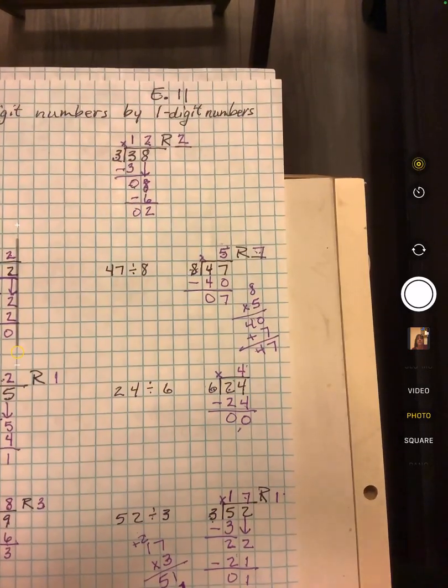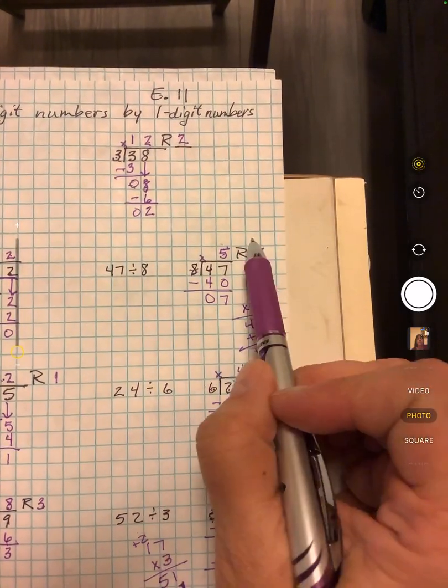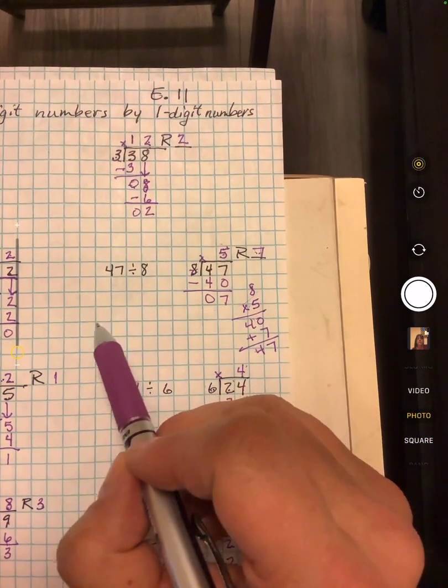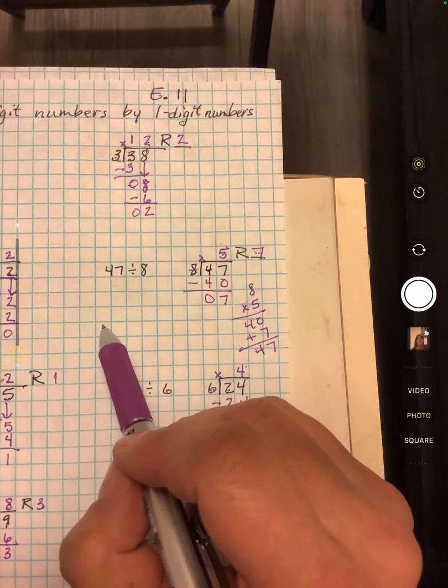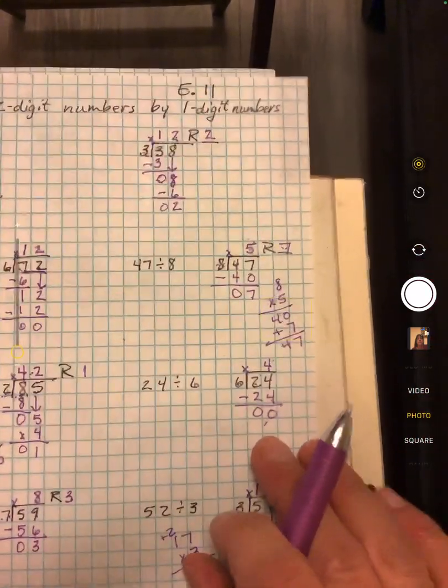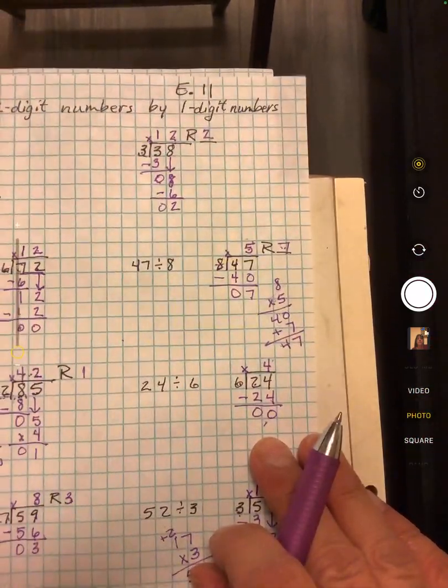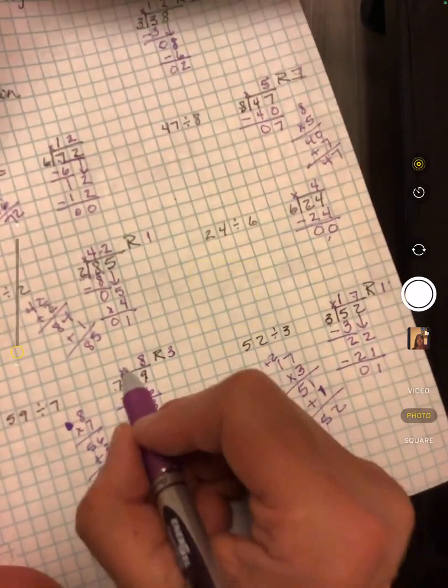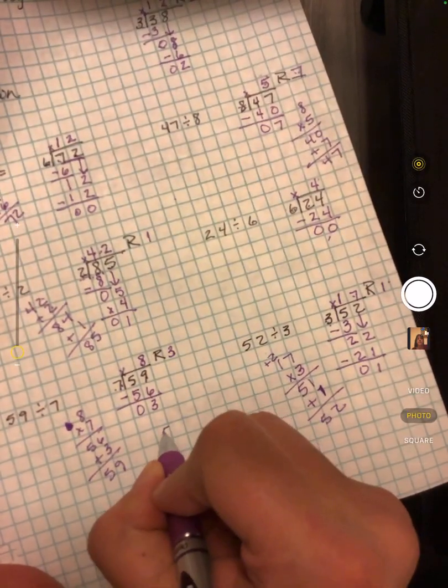You can do this however you want. You can do it the way I've been doing it here, or you can do the X's, or you can do the subtraction, repeated subtraction. Repeated subtraction would look like this on here. 59